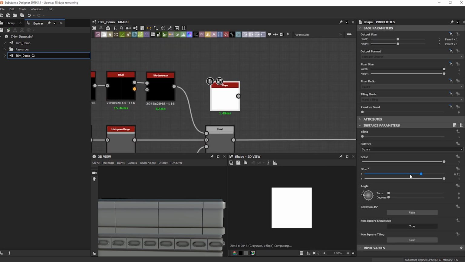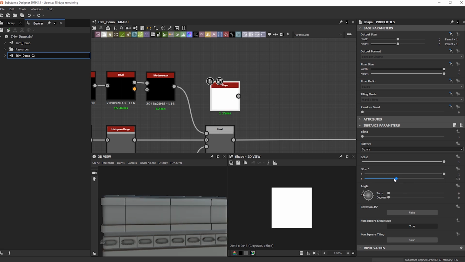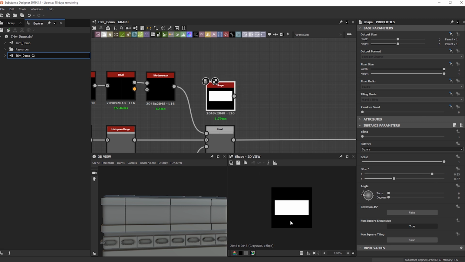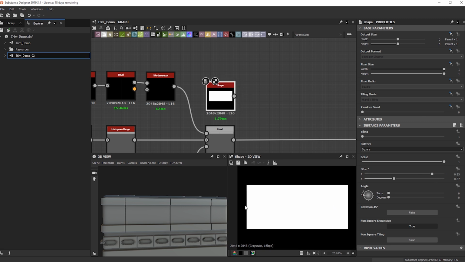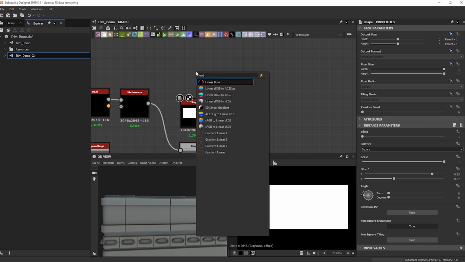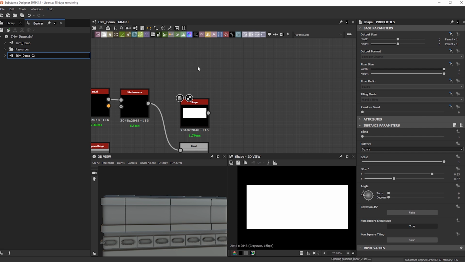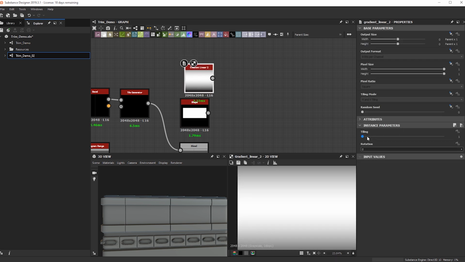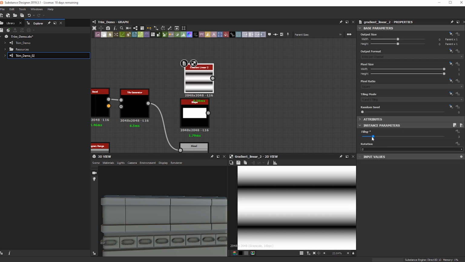And let's go ahead and I think I know what I want to do with this guy. So let's take a shape, maybe something like this. Okay. And what I want to do is add some pipes or tubing here. So an easy way to do that is I'm just going to do a linear gradient. Okay. Just tile this 2 ways.